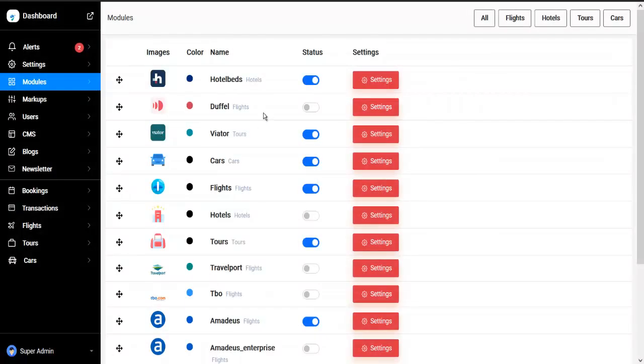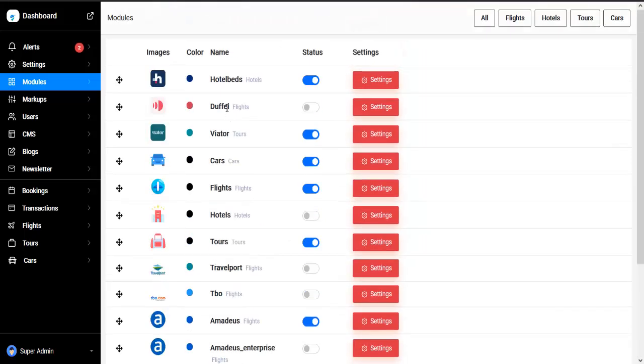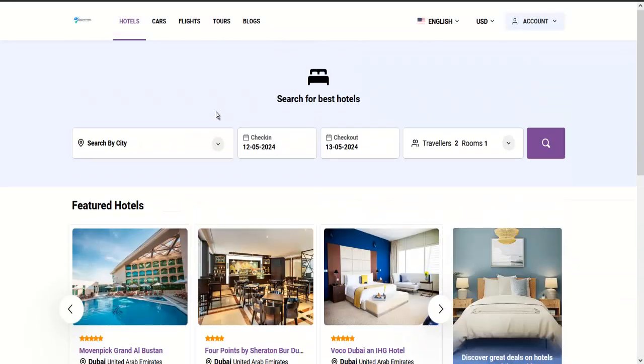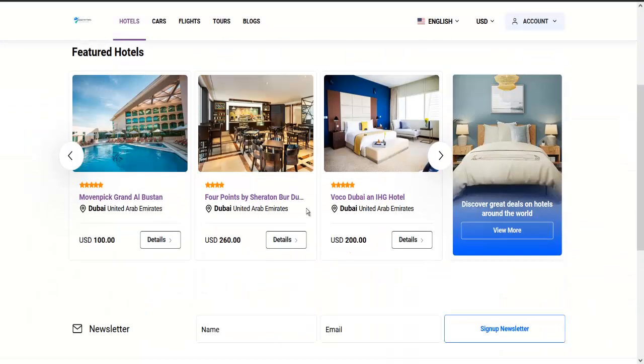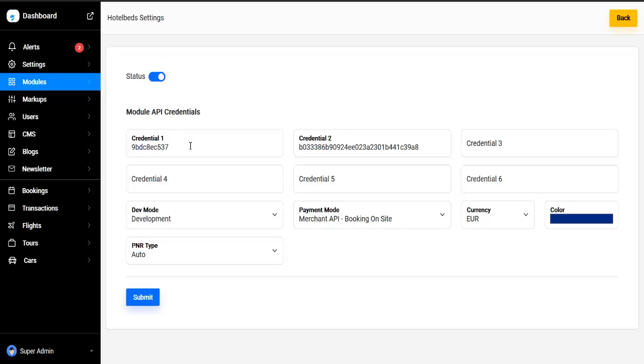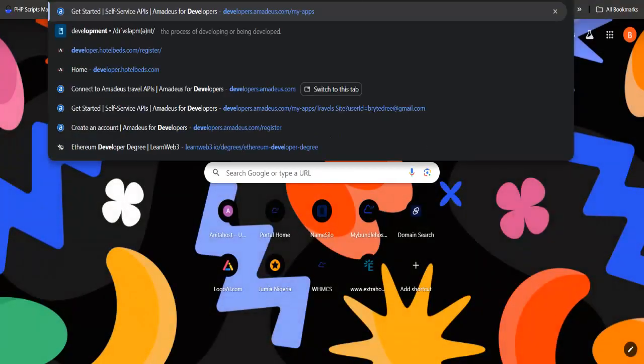Modules here talk about the various services. Right now, if you want to set up the hotel search, you'll be able to search for hotels in different countries or cities. These are the ones that we have set from the system. If you want to use the hotel API, all you have to do is use Hotelbeds. Now you can get your credentials, your secret key and your API key. You can go to Google and search for developer